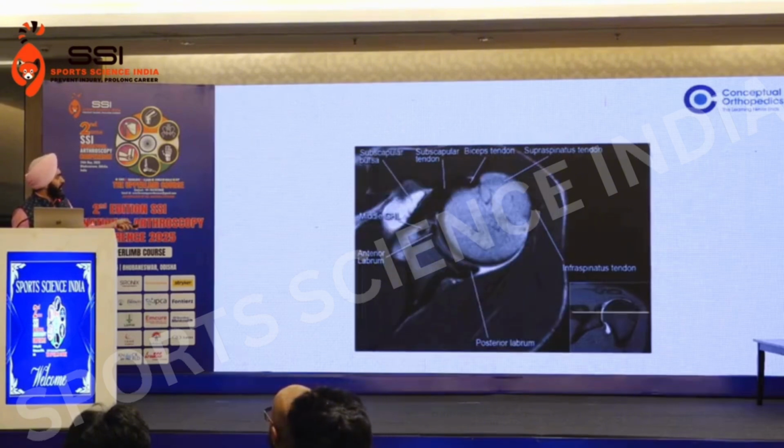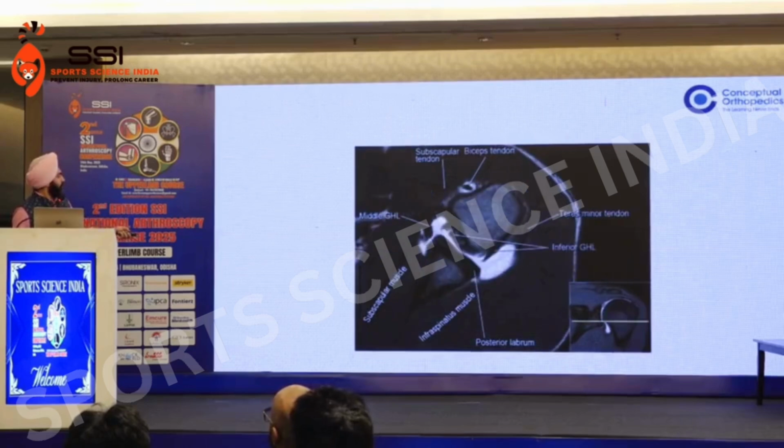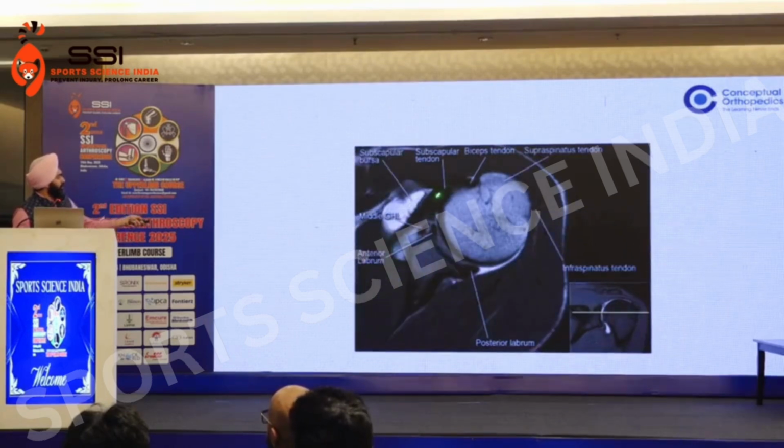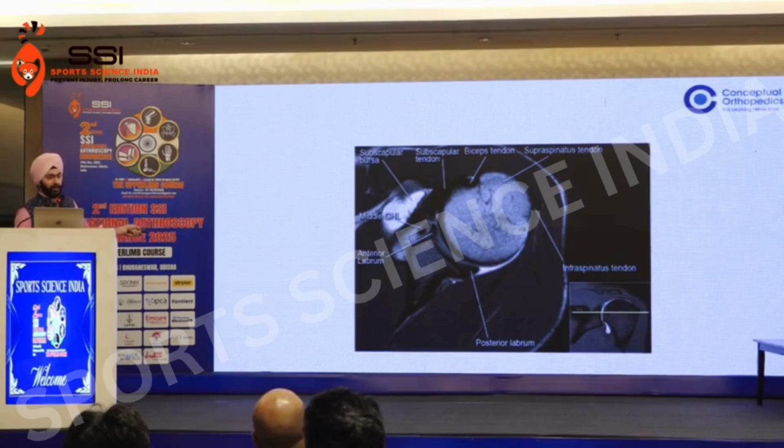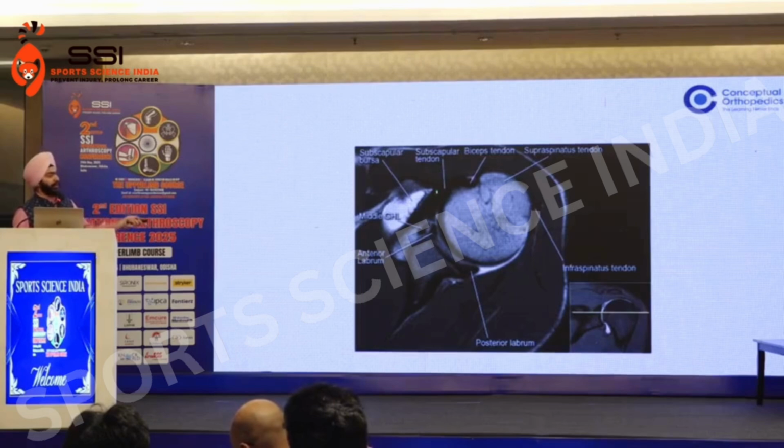As I go down, this is my subscap which is coming. It will go from anterior to my glenoid and attach onto the lesser tuberosity. Here this will be the lesser tuberosity, the greater tuberosity, the biceps groove in between, and this is the biceps tendon. You have to look at the continuity of the subscapularis going from the scapula up to the LT. If there is any discontinuity, there is a subscapularis tear. And the biceps may be dislocated. Usually it's dislocated when there is a subscapularis tear. You can see some bicipital tendinitis also. You can diagnose this in the axial section.